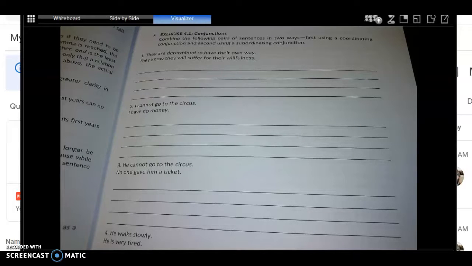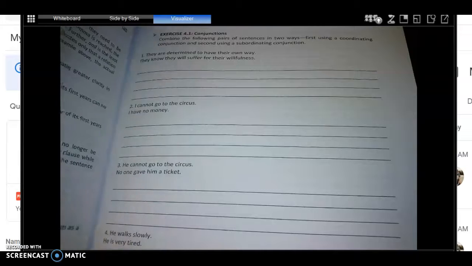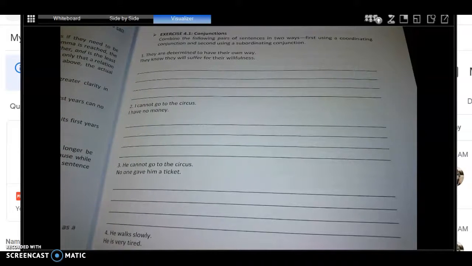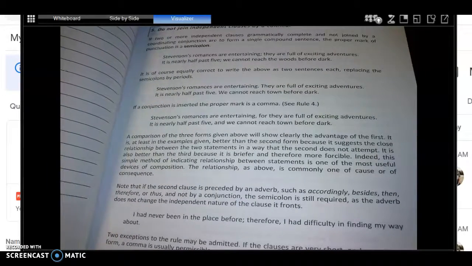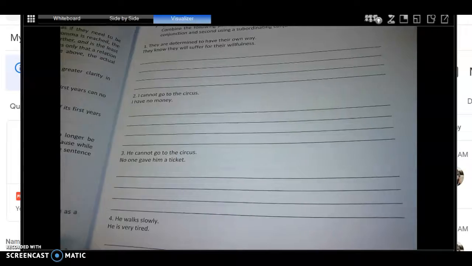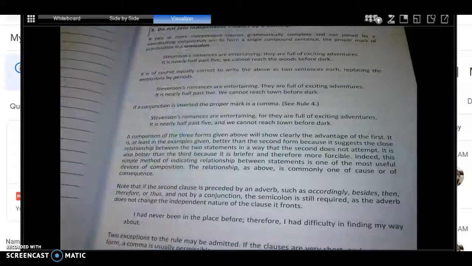Okay, and then with the subordinate conjunction, I mean, really, you just have to look at the list and decide one. I think although would be good. They are determined to have their own way, although they know they will suffer for their willfulness. In that case, you wouldn't put a comma because I'm putting the although at the end. And again, there are multiple ways that you can do this. I'm just giving you one way. Okay? All right, there are four combos that you need to create on that sentence. If you have questions, let me know. Be sure to email me. And then I also want you to go ahead and